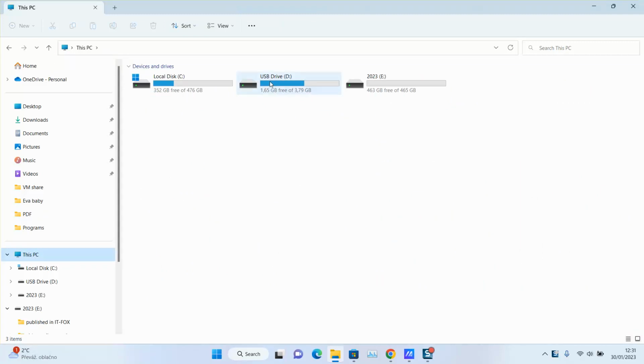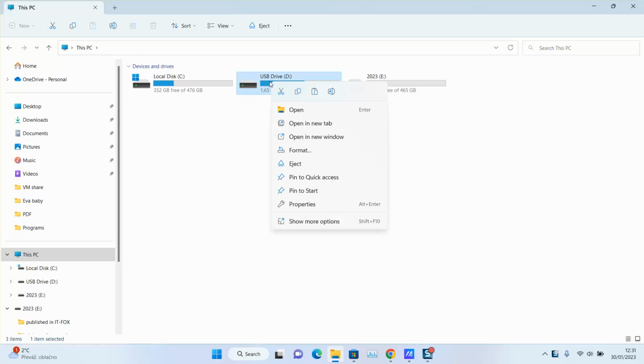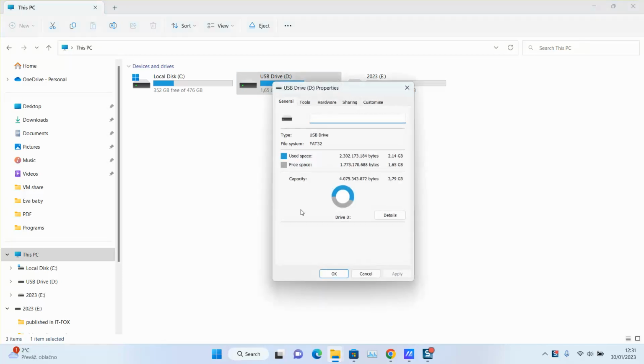Go to the concerned USB flash drive or the SD card and click with the right button of the mouse. Scroll down or go to Properties. This works for people who have Windows 7, Windows 8, Windows 10, and Windows 11 is the same way. Here under General, next to this little hard disk, you will click in this empty space and name your USB drive. We're going to name it